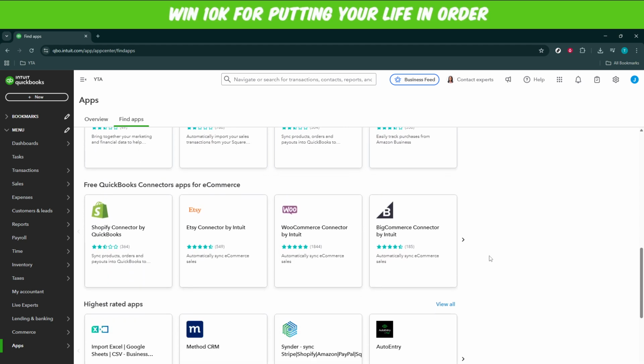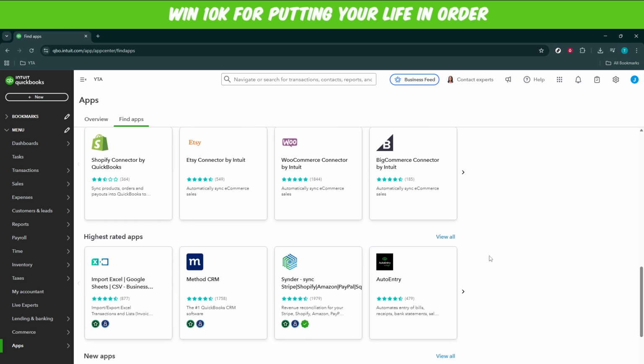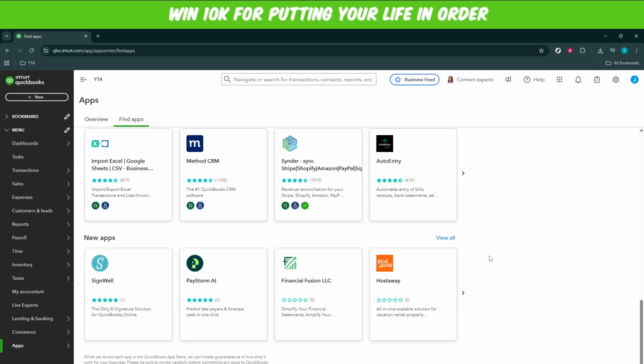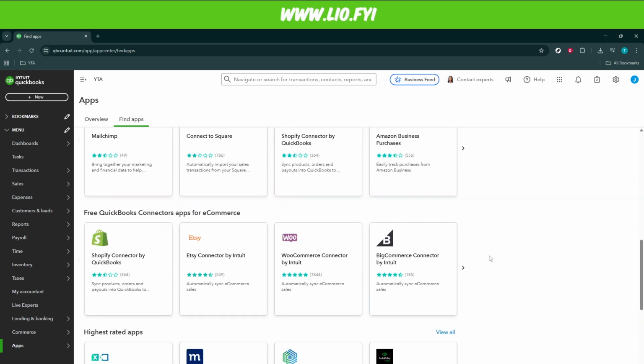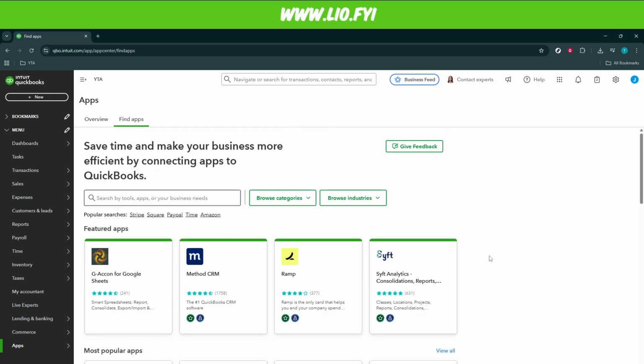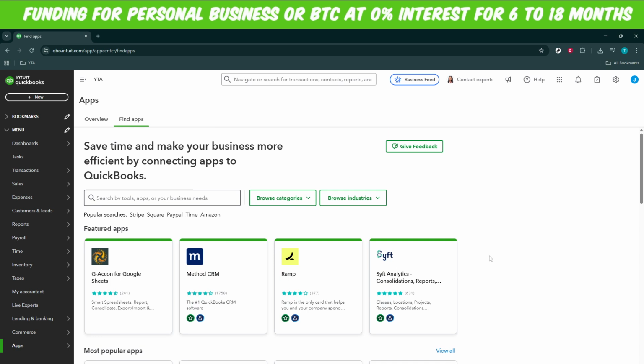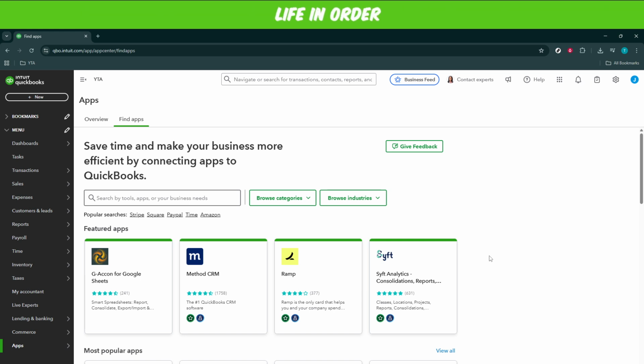Once you've opened the App Center, look for the Overview tab. Clicking on Overview gives you a comprehensive look at all the application options and categories available to you. This is a crucial step because the overview serves as a summary page displaying recommended applications, trending options, and how certain apps can enhance your current QuickBooks experience. Take a moment to explore the different categories and see which applications align with your business goals. This thorough investigation allows you to pick the right tool and, moreover, provides insight into how each app works, even offering user reviews and ratings to guide your selection.